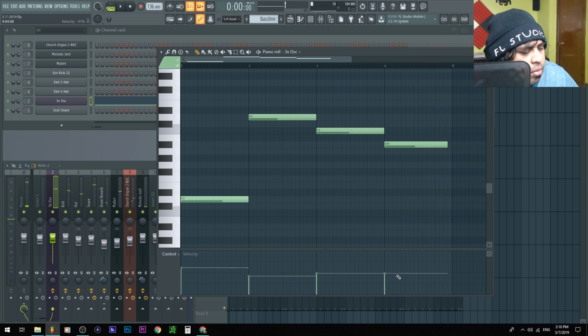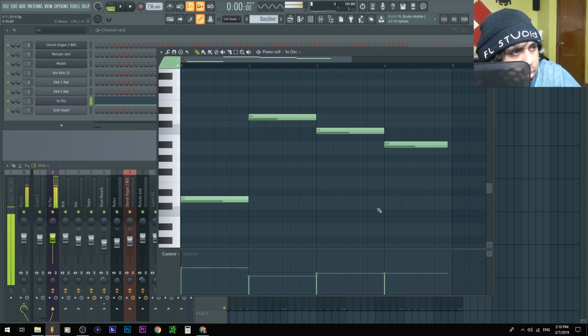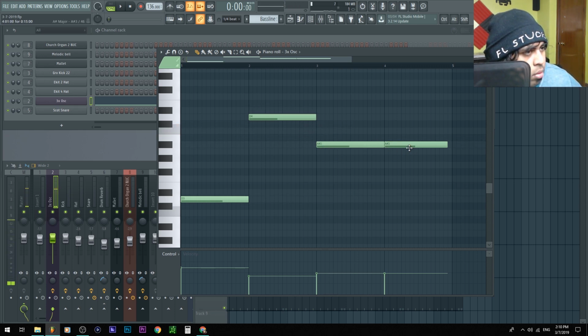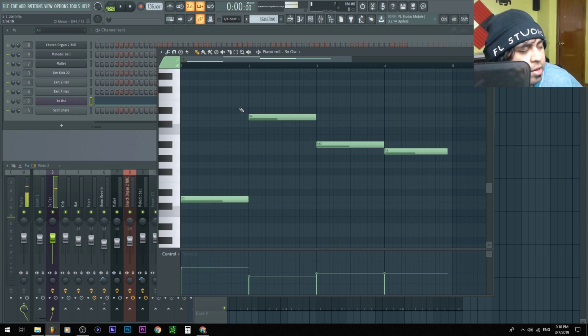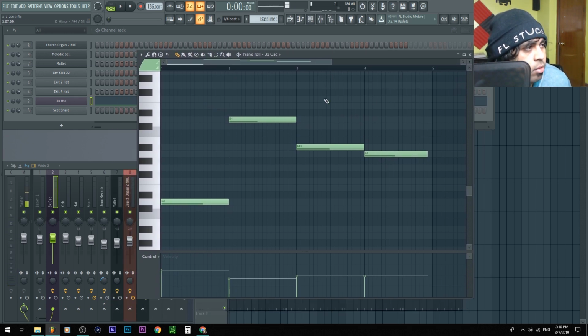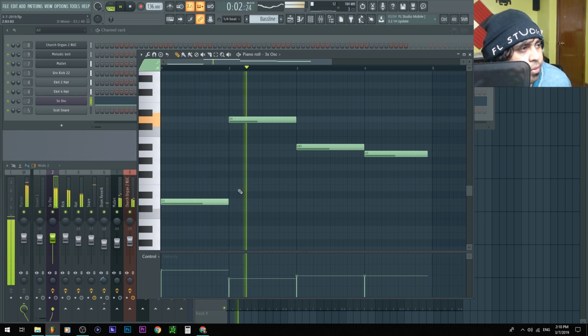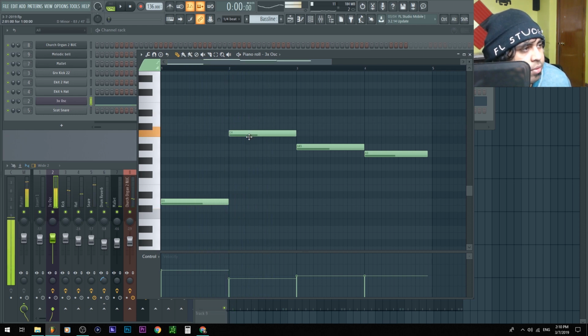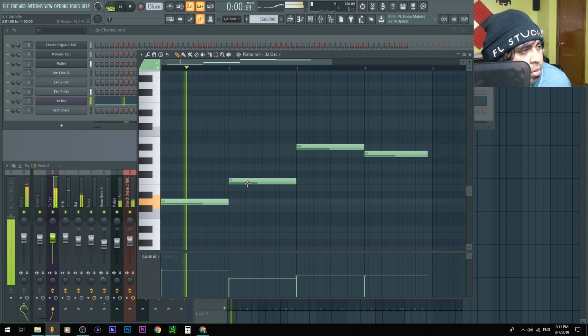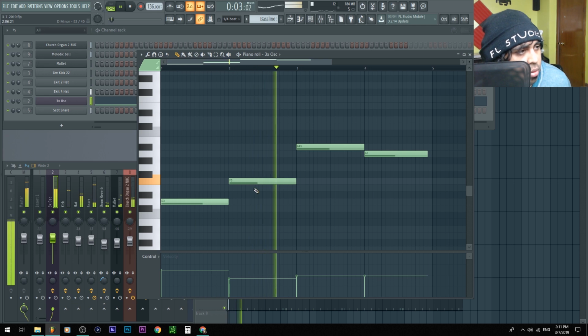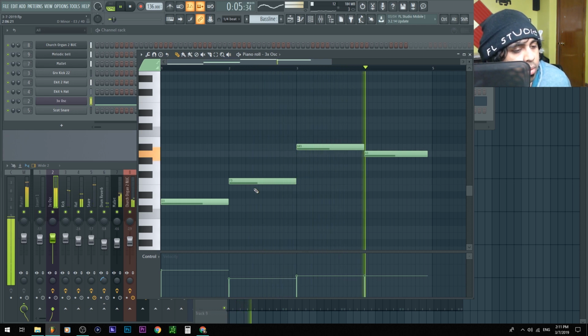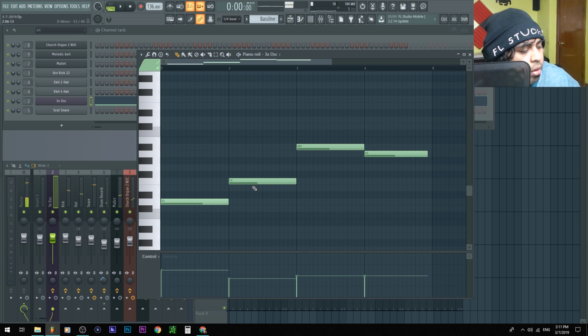Does that sound nice? Essentially, it's following one of the other melodies. We could change this note if we want. That sounds cool.